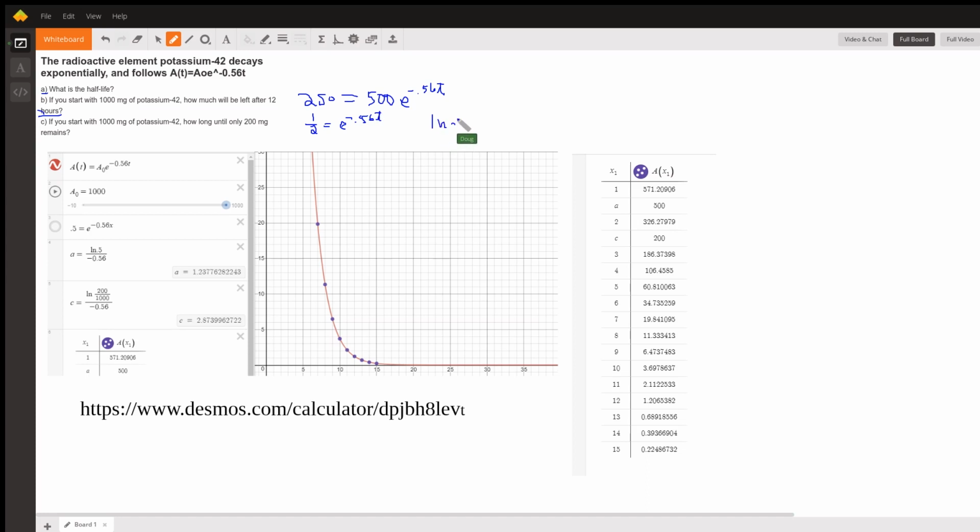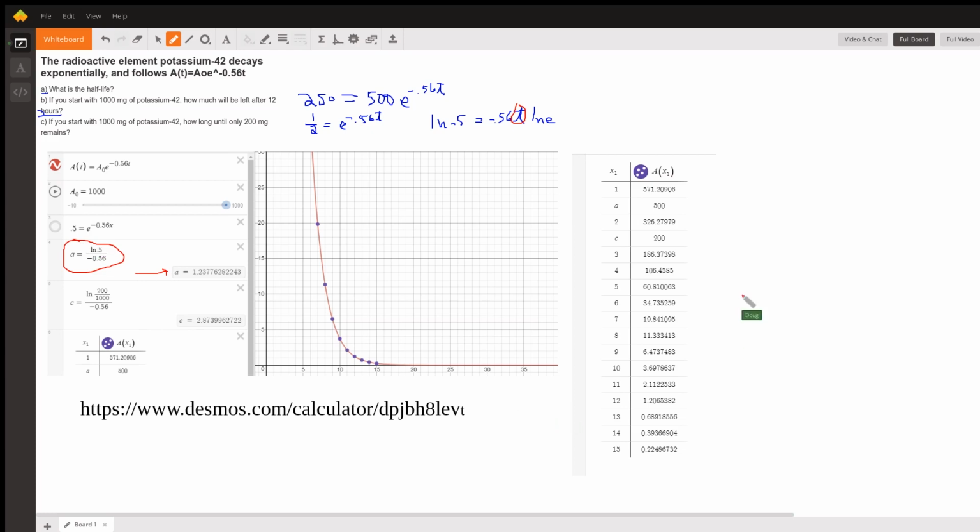Log, I'll write it as 0.5 instead of 1/2, equals, and applying one of the properties of logarithms, I can move the exponent down front, and I'll write the log of e here for emphasis, but the natural log of e is just 1. So I can finally solve for t by dividing both sides of this equation by negative 0.56, which is what I did right here. And that's the half-life in hours for this